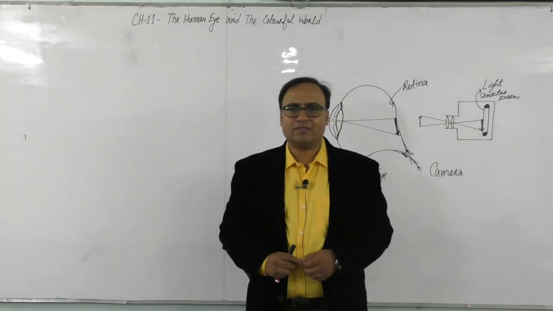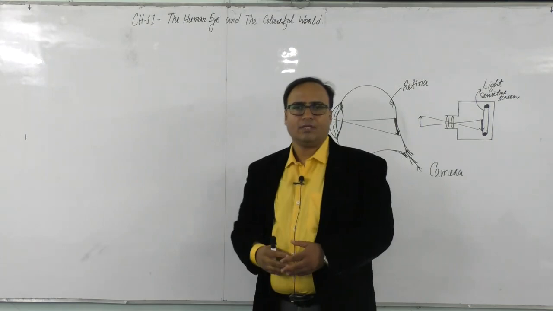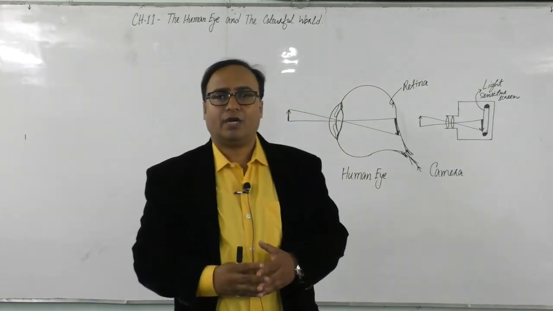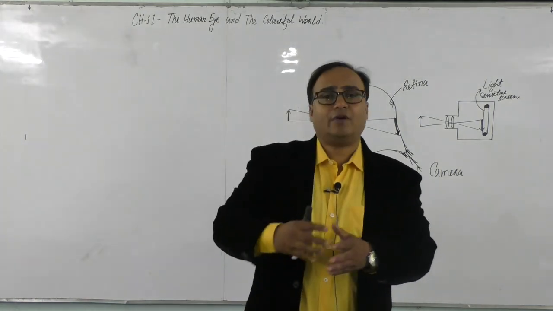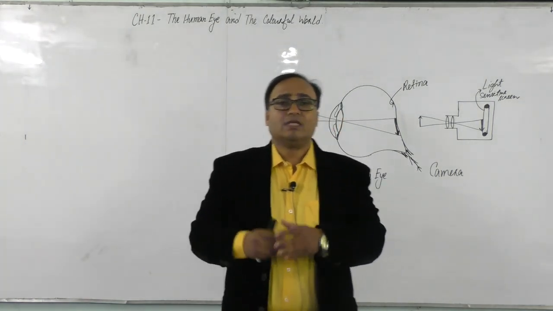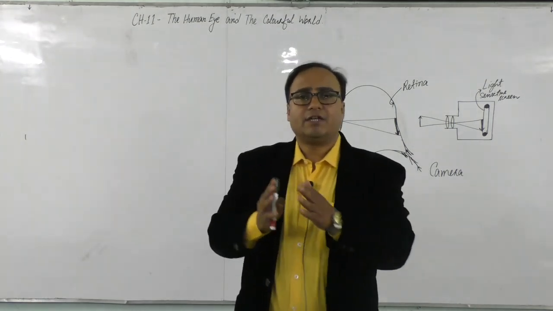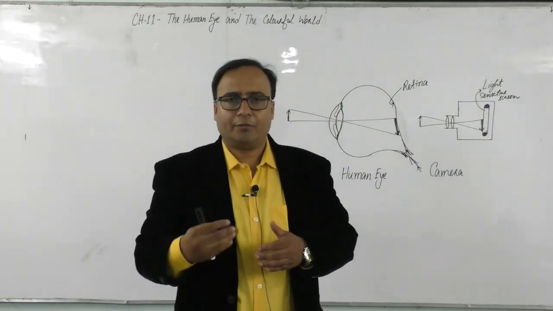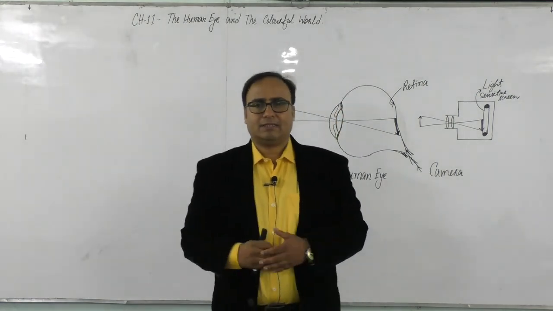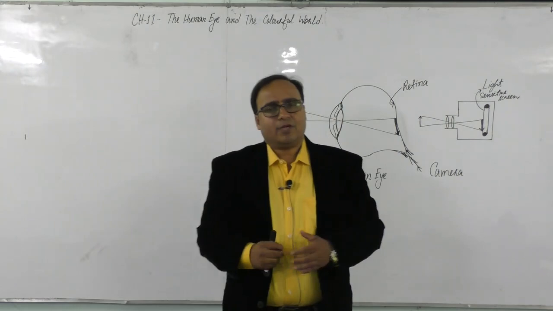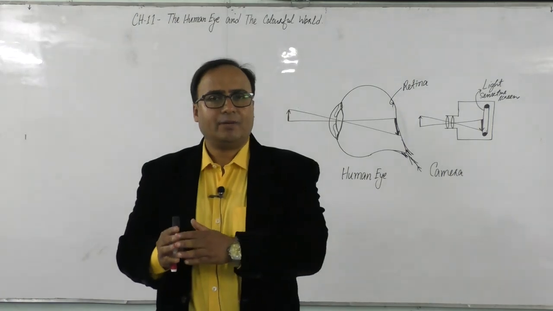We will discuss chapter 11, the human eye and the colorful world. In this chapter, we will discuss the structure of the human eye, its various parts and the functions of these parts. In the middle part of the chapter, we will discuss various defects of vision like myopia, hypermetropia, presbyopia, color blindness, etc. And in the last part of the chapter, we will discuss various natural phenomena that are